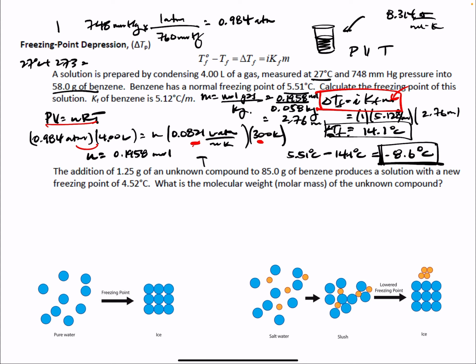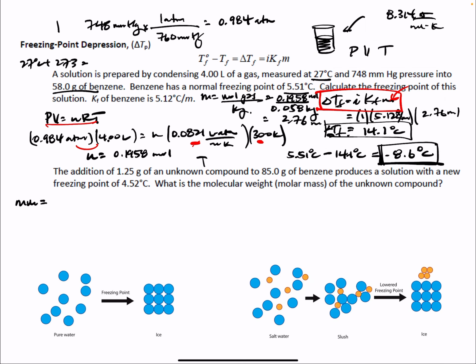Super fun, right? All right, one more problem here. The addition of 1.25 grams of an unknown compound to some benzene produces a solution with a new freezing point. What is the molecular weight of the unknown compound? Fun. Okay, so